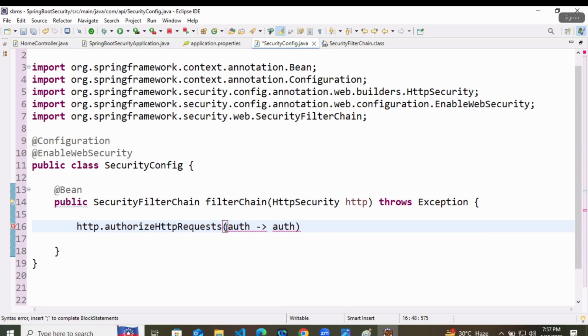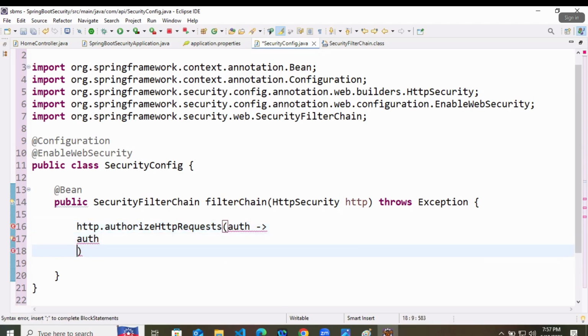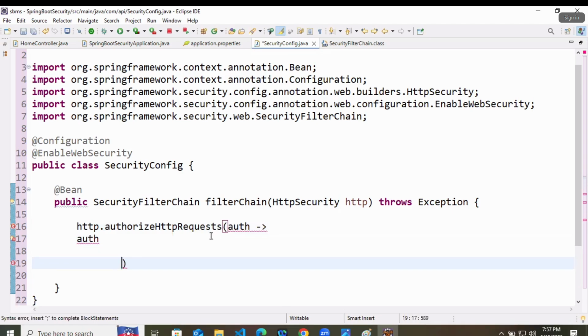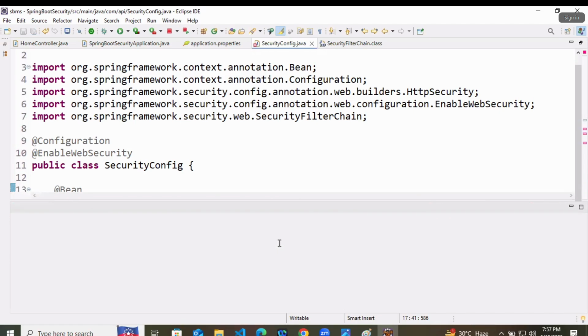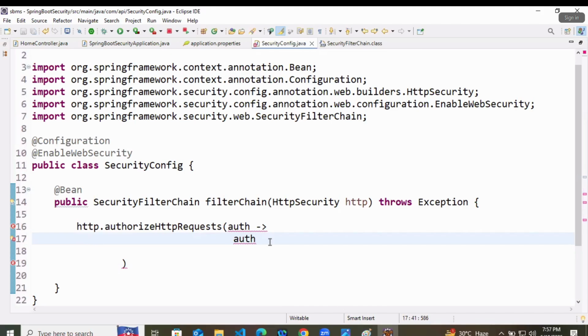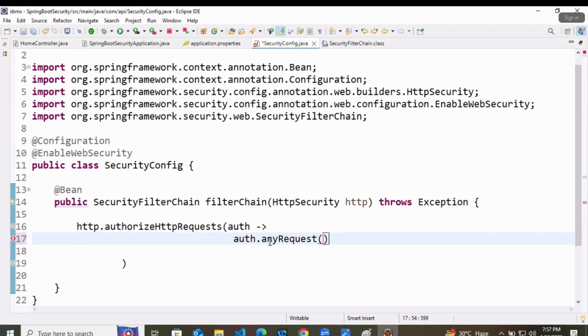You can keep any name here, so I am taking auth as the value. Now in this auth, I will check what you are doing, so I will say auth dot anyRequest. I am not providing any multi-layer security. We are just going to add some users.